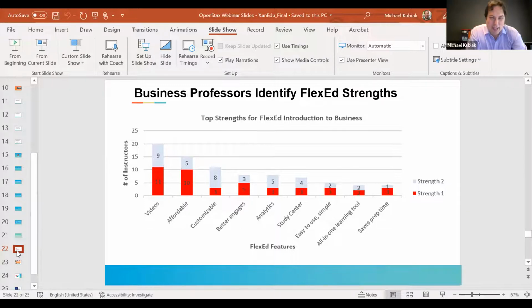So, for example, the idea of saving prep time. We know how busy many of you are right now, and how many courses you're teaching, and the idea of a courseware platform being able to do some of that work that you may otherwise have to do on your own, and that you can trust the quality of it, is really important, as you see in some cases here.